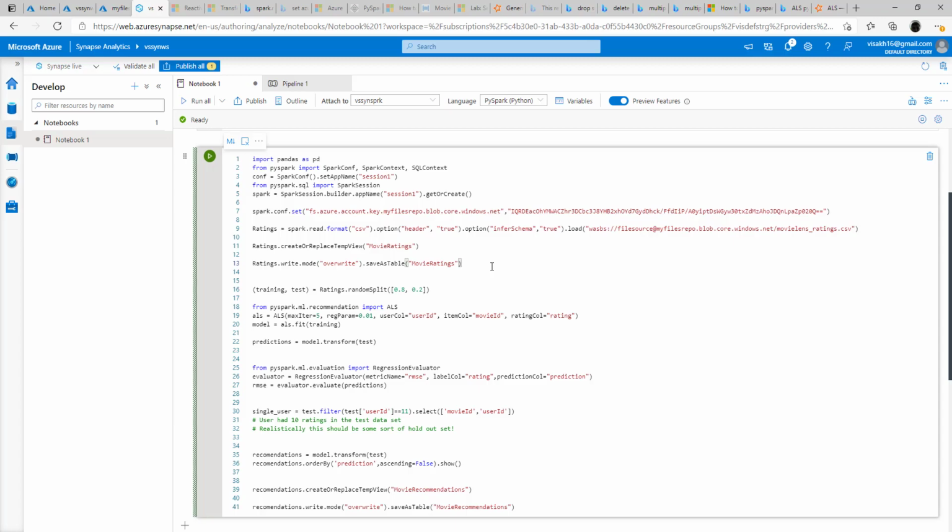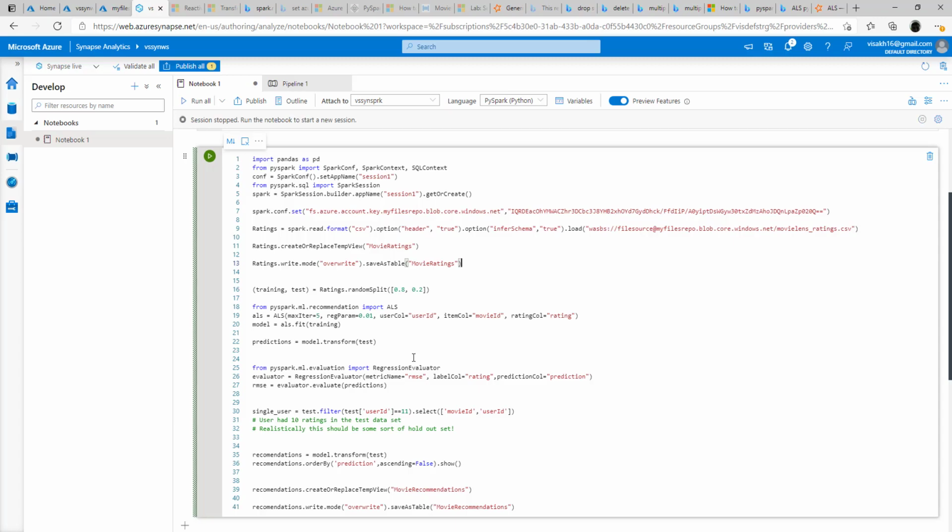Now once this is done, we will be creating training data based on this, and we will be dividing the data into 80% and 20%. So training will consist of 80% and the rest 20% will be used for testing. And initially using the training data, we will be generating the estimated ratings using the ALS function. So these are all standard functions within PySpark which we will be utilizing for generating the rating estimation, and based on that we will be generating the evaluator to see the errors that are arising. So for that we will be using RMSE, or root mean square error, to see how effective our recommendations engine is. This is a method of evaluating a recommendations engine.